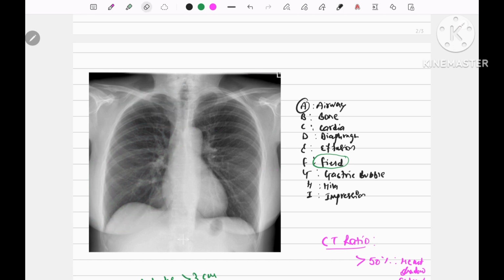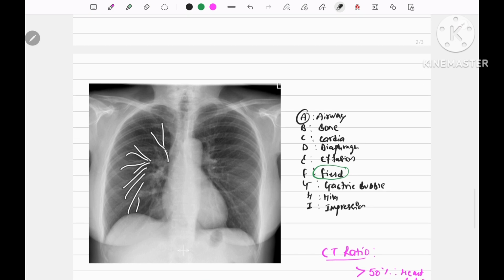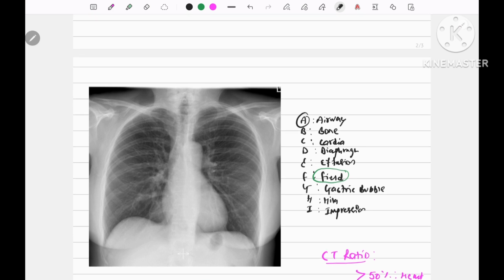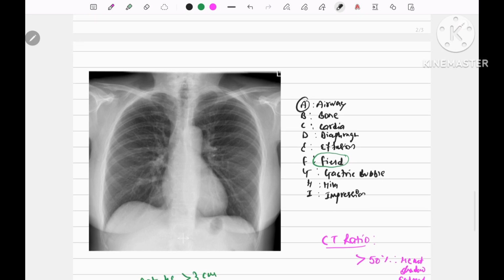Now we will see the interstitial markings. If there is any mass, then there can be infiltrates, or the shadow of the mass. And here we can see the bronchovascular markings. In case of bronchial asthma, these bronchovascular markings will be increased, but in case of pneumothorax, the whole lung will appear hyperlucent. There will be no bronchovascular markings in case of